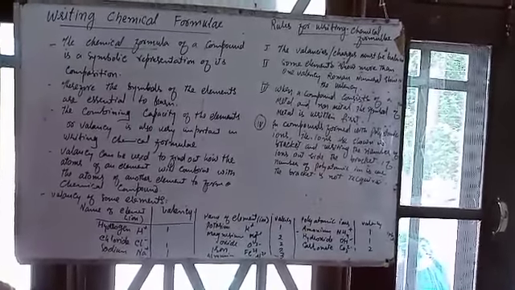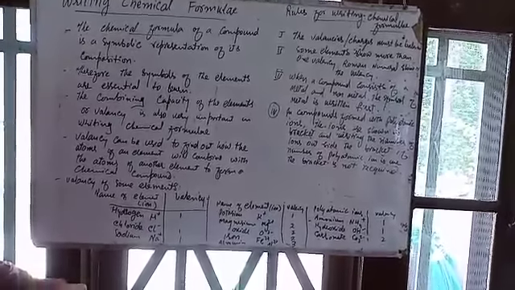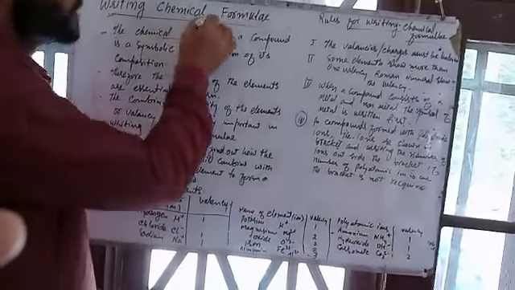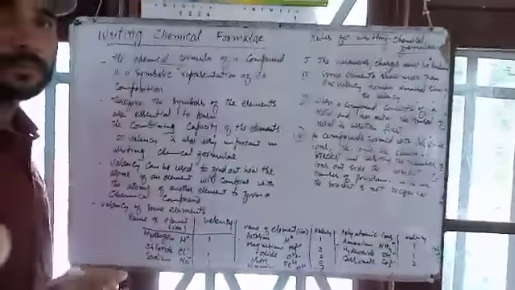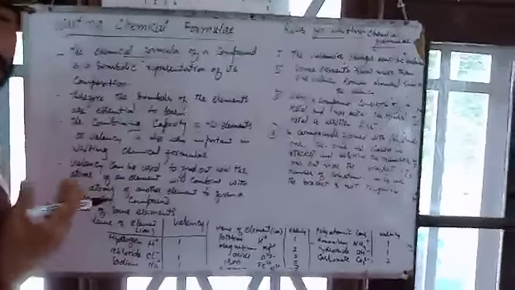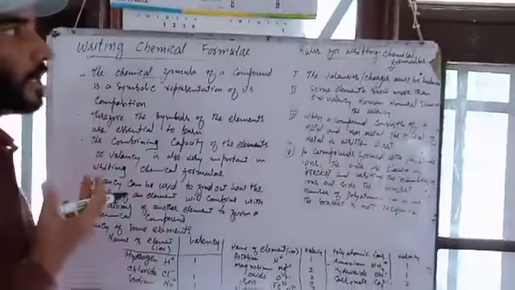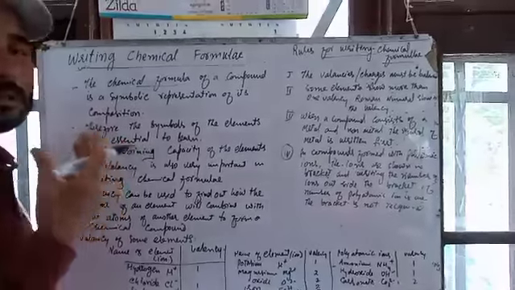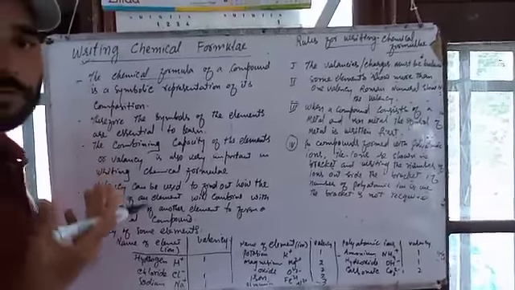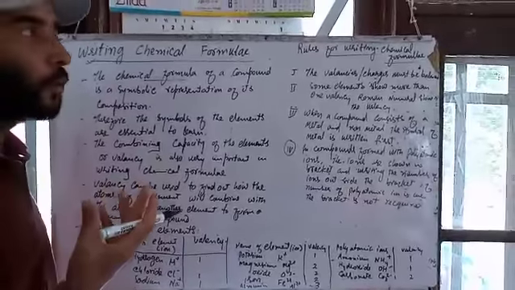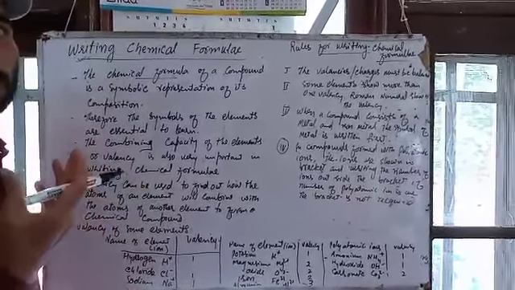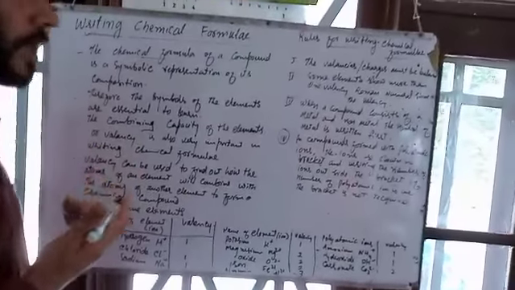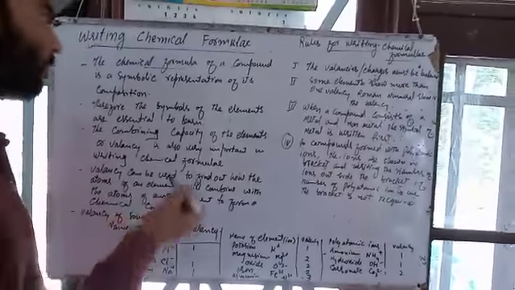Hello, dear students. Today we are going to learn about writing the chemical formula. In a reaction, there are different chemical formulas, and in a compound, there are also symbols and definite formulas of different compounds. How do we go through these formulas so that we can write the formula in a more accepted way?